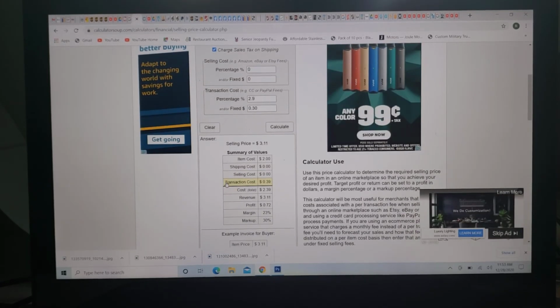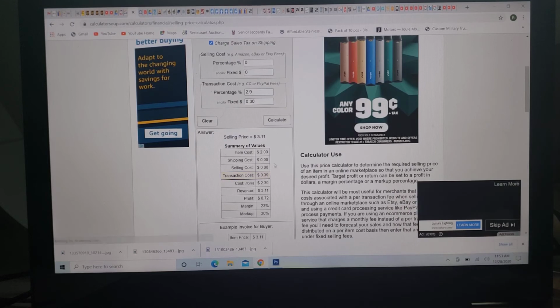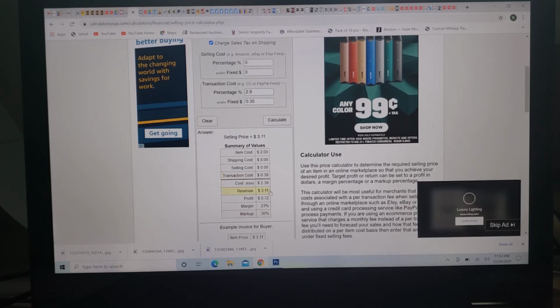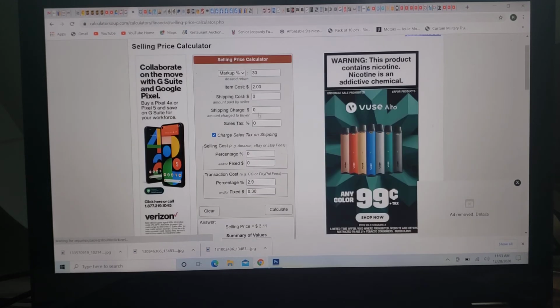You got your transaction fees with that transaction cost and percentage. So 39 cents of that is going towards that. So when it's all said and done, and this will calculate it for you, so the cost, your revenue, and then the profit. So you only made 72 cents off that $2 item. It's still your 30%. But what it is when you're not careful and you look at this wrong,